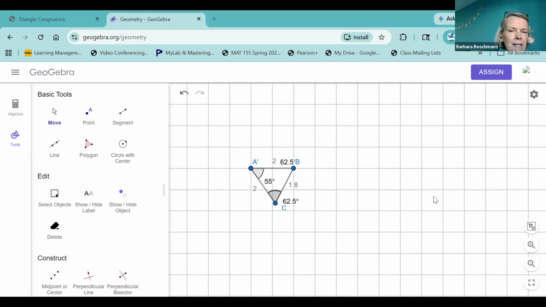I used to do this exercise by hand in class, and we use protractors and rulers, and it's not as accurate as GeoGebra. So it's a really good use of technology to show that you have the exact same triangle if you follow the instructions. So let's go ahead and go to the second task,